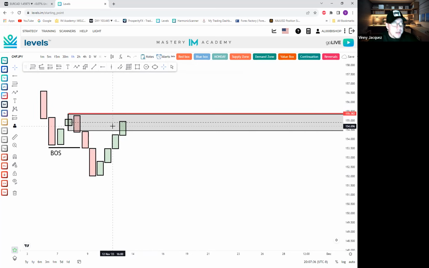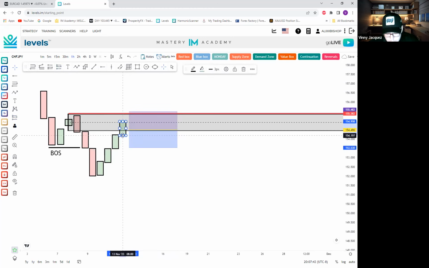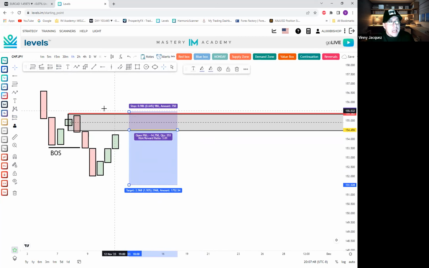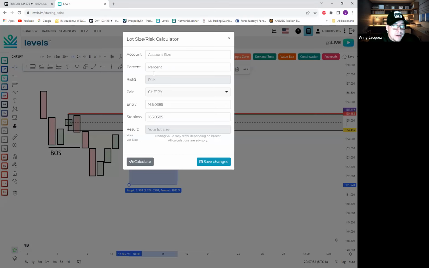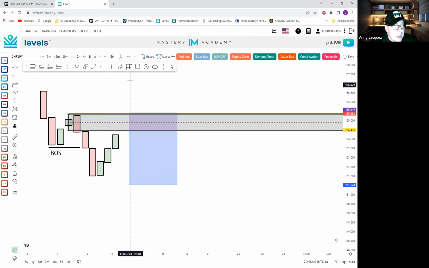Now I need to calculate risk, guys. Even before the setup, let's go back up real quick. I already know this is the setup I want to take, so I need to calculate my risk. You can use the calculator tool in levels. I use this on every trade. It's either the one on levels or the IM Blaze or IM Flows. If you have the FRX package, you should have these apps, and they do have a calculator in them. And all you need to calculate risk